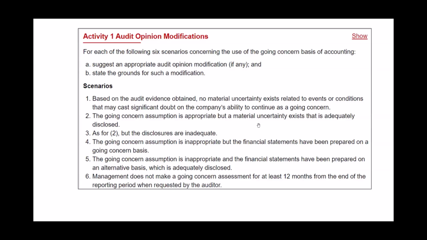Additionally, you may also be presented with extracts from an auditor's report and be asked to critically appraise the extracts or challenge the proposed audit opinion. So let's attempt this audit activity to test our understanding of the various impacts of the going concern issue. In these 6 scenarios, the examiner is asking us to suggest an appropriate audit opinion modification. And in case you do conclude that the auditor should provide a modification, then you must state the grounds for such modification. So scenario number 1 is, based on the audit evidence obtained,